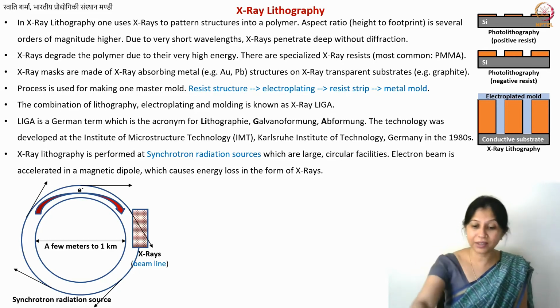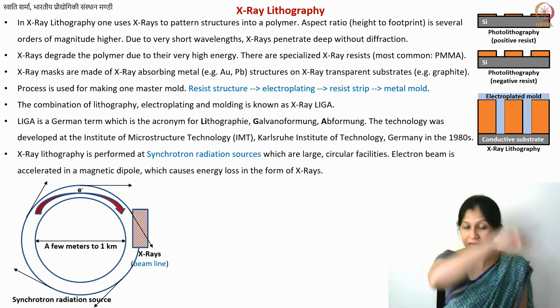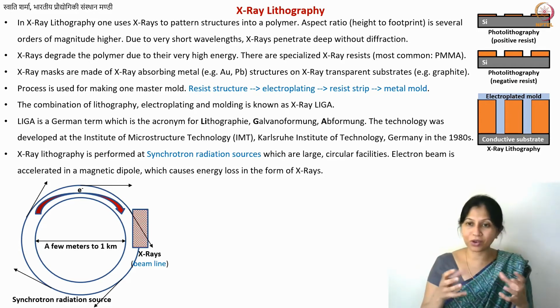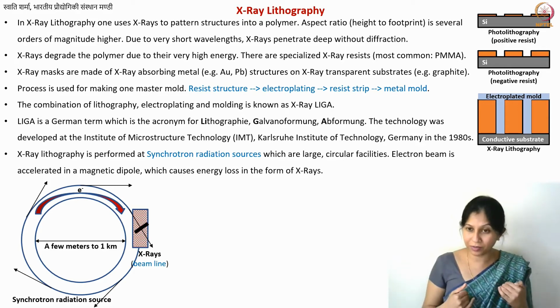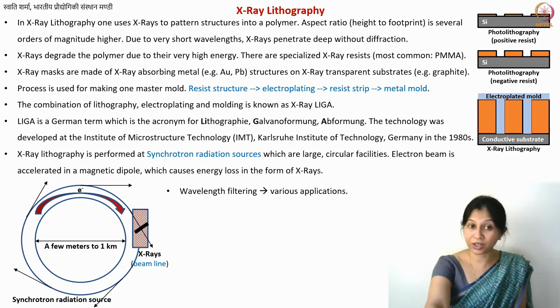So now at different places you make your office there, you make your lab there. You know that tangentially many X-rays are coming out, and now at different locations you make collection sources. So, for example, my office is there, I sit there, and I put a screen there, and I have these beautiful parallel X-rays coming out. If I need it, I can also filter the wavelengths, or if mixed wavelengths can also work for me, then for lithography purposes, whatever wavelength I need, that is where I put my mask and that is where I perform my lithography operation.